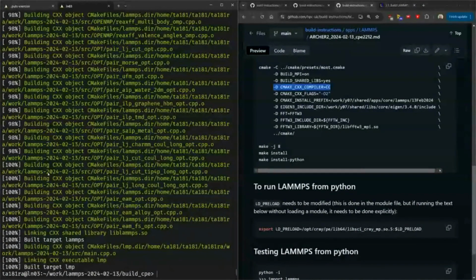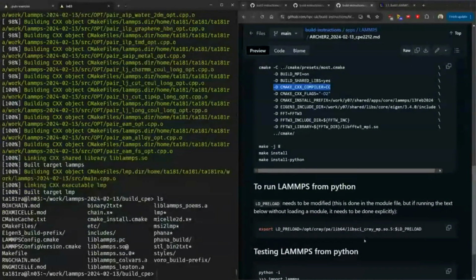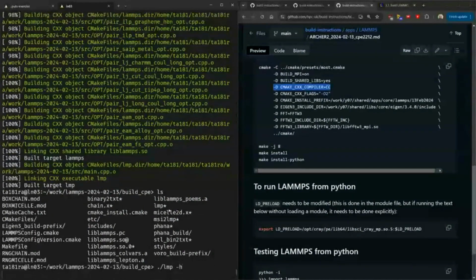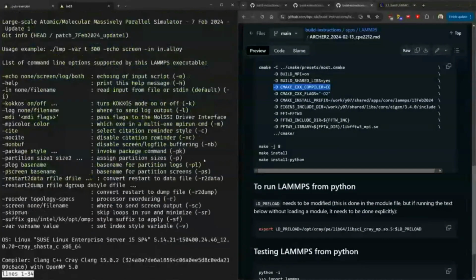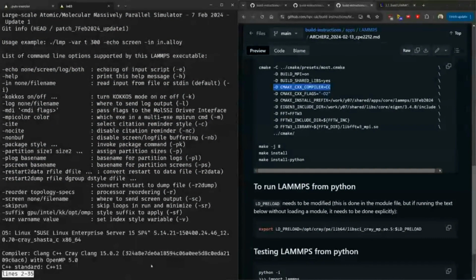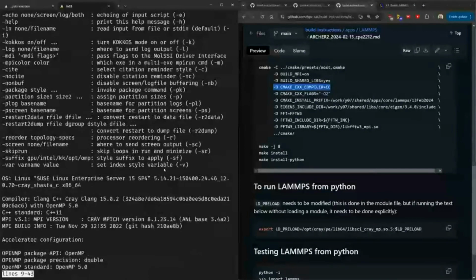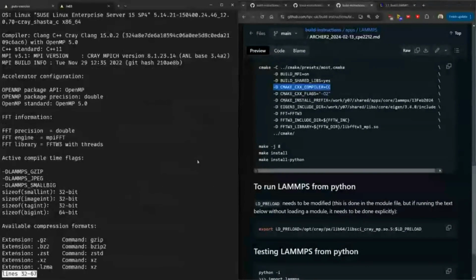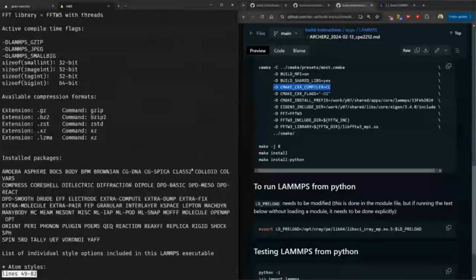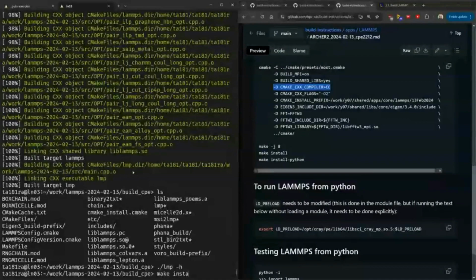So it should be here. Yeah, there we go. So if we do -h, yeah, get all the info. This is all the information on how it was compiled and what things were used and everything like that, and all the packages as usual. So if I do make install,